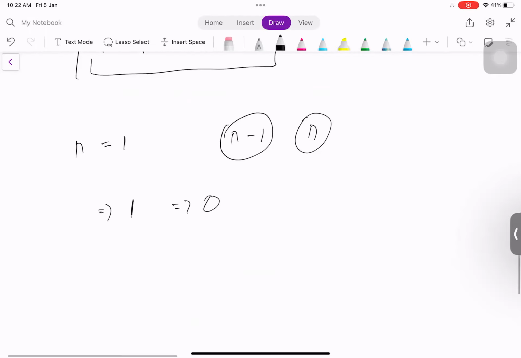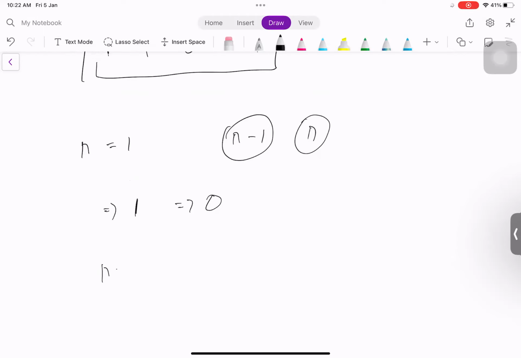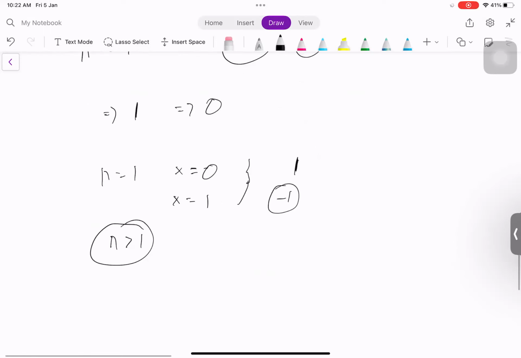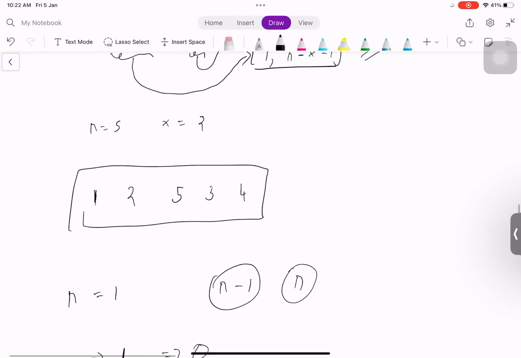So we can just handle this edge case. If n is 1 and x is equal to 0, in this case we can just print 1. And basically just handle x cases separately. And if x is 1, it's a minus 1. Now for the rest, which is greater than 1, we can do the same construction, and we can handle the